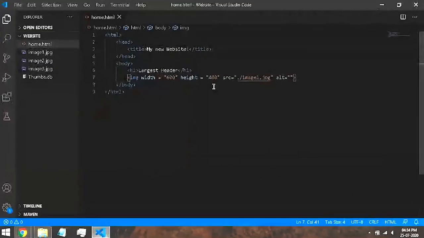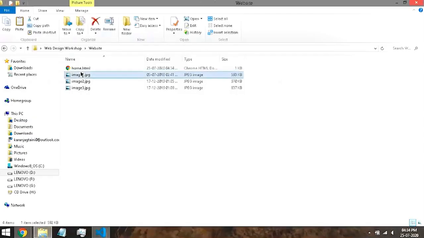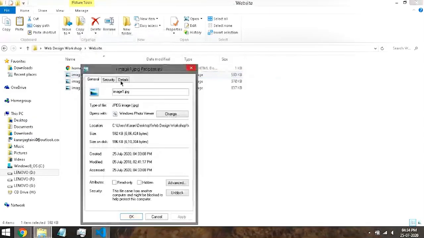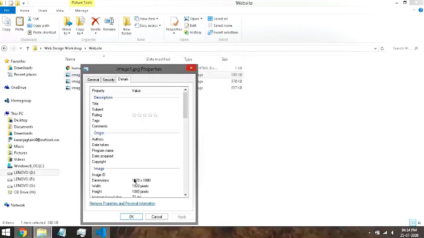But this is not a good method of applying the width and height property to your image. And why is that? Because if I say 600 width and height is 400, here I am specifying my own number, and the actual width and height of the image could be something else. See here, the actual width is 1920 and the actual height is 1080.